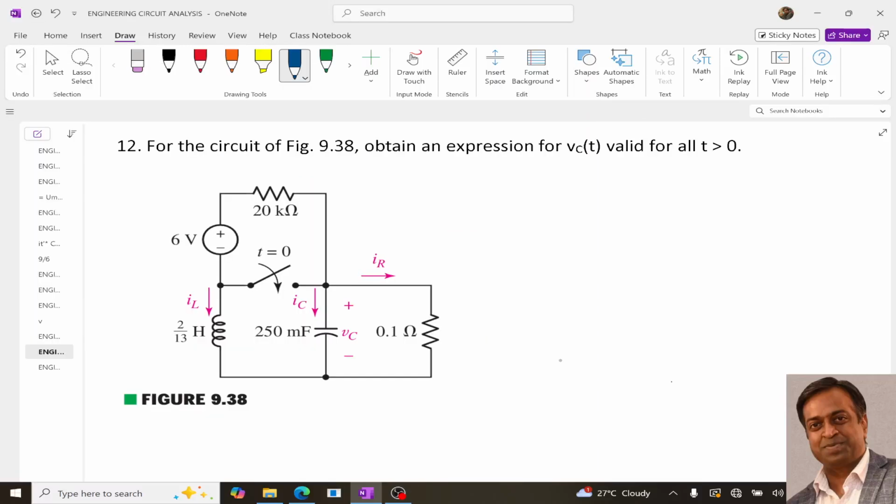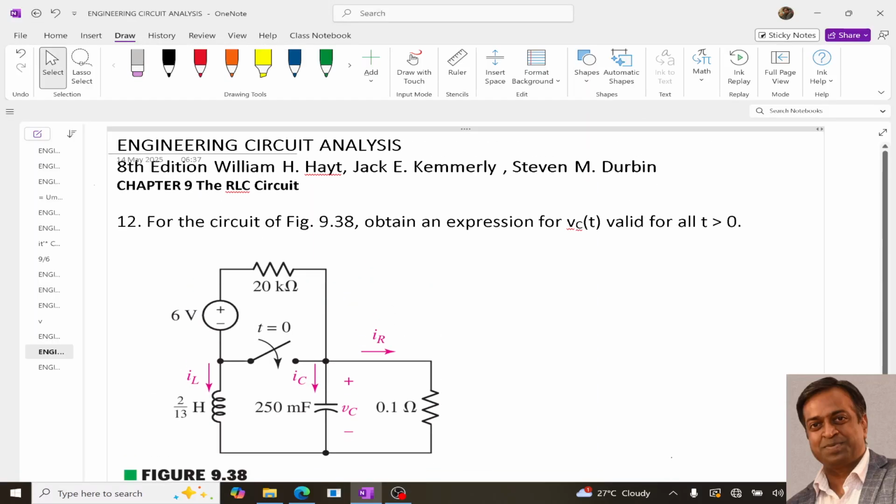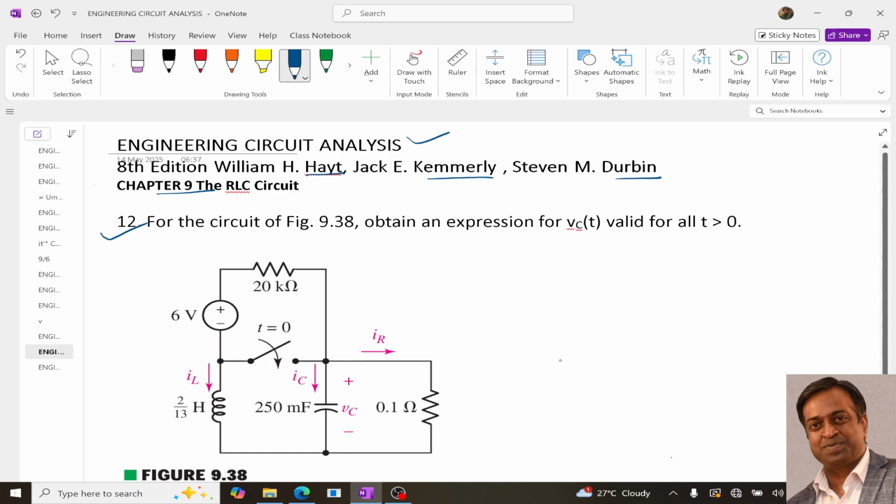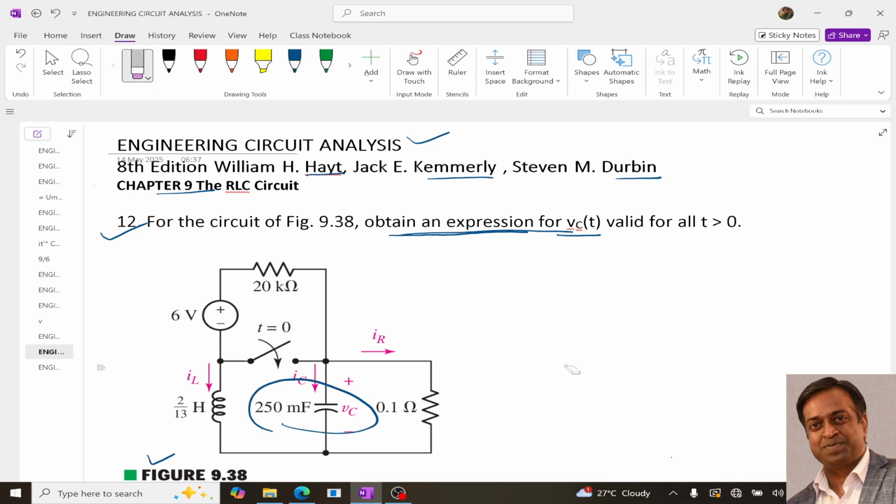Hello guys, in this video I am going to give you the solution of question number 12 of chapter 9 of the book Engineering Circuit Analysis by Hayt, Kemmerly and Irving. The question says that for this circuit 9.38, we need to obtain an expression for vC(t), the voltage across this capacitor, valid for all t greater